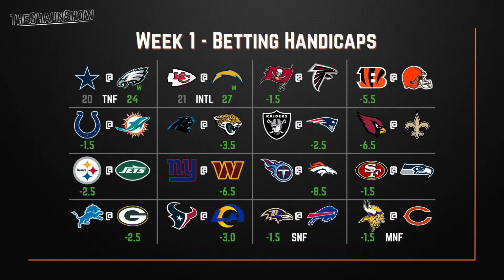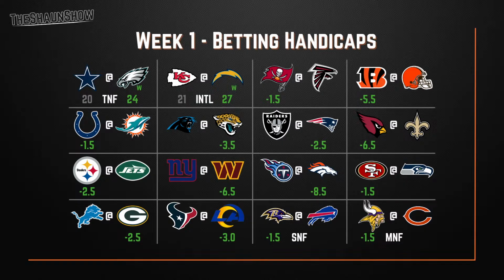Next up, we have the Baltimore Ravens versus the Buffalo Bills. Ravens 1.5. I do believe the model says that the Bills lose to the Ravens, and in this instance, I think that's true. I'll take the 1.5 points. There is a lot of firepower on the Baltimore Ravens side, and Jameis Winston is going to be on that team. Possible comeback player of the year. I do like the Ravens here. They have shored up their defense a little bit by signing him.